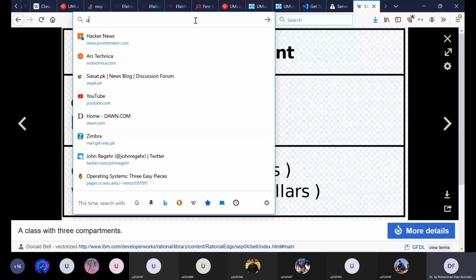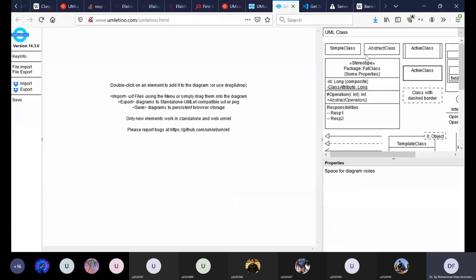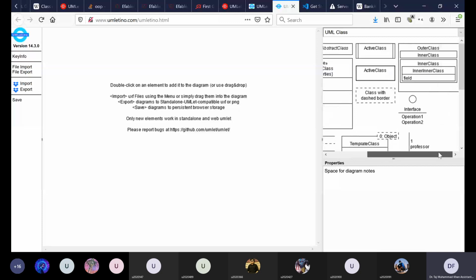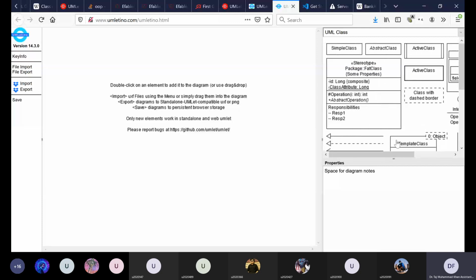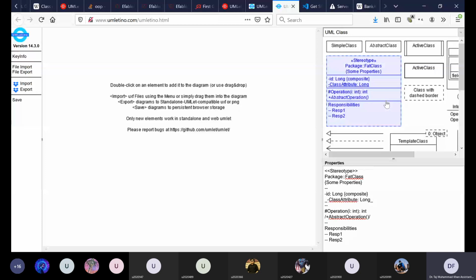So if you guys see here, on the right I have this dashboard which contains different types of things that I can use to make a sketch of my program. These particular boxes, for example this box, are called a class box or class diagram.